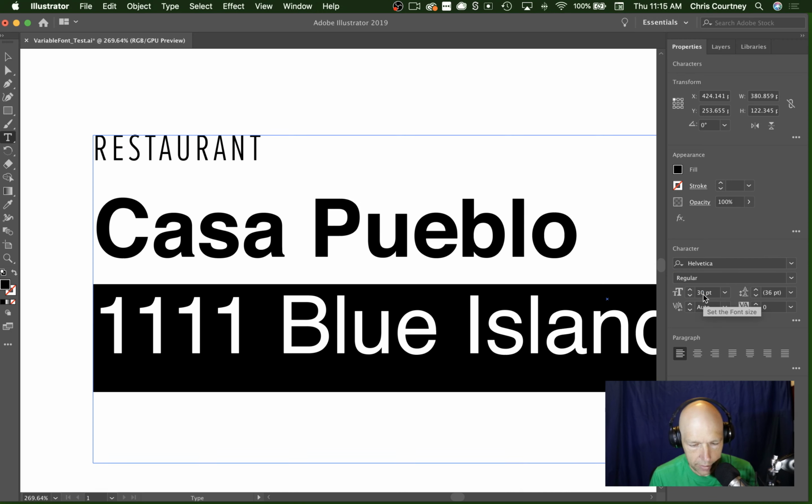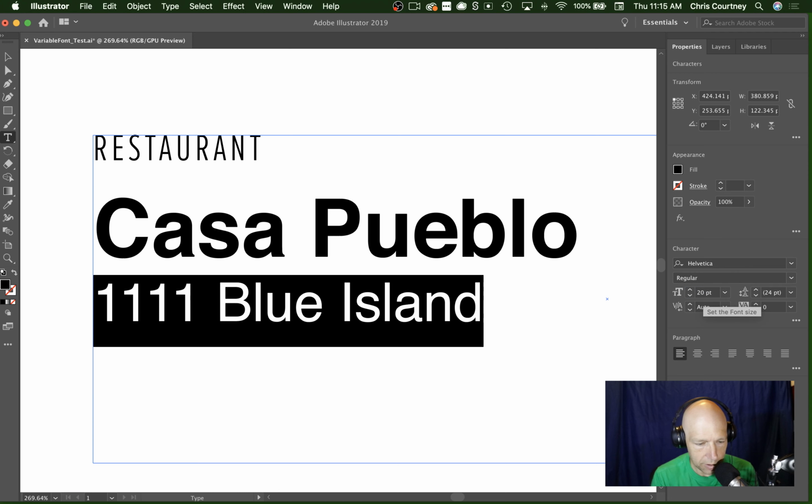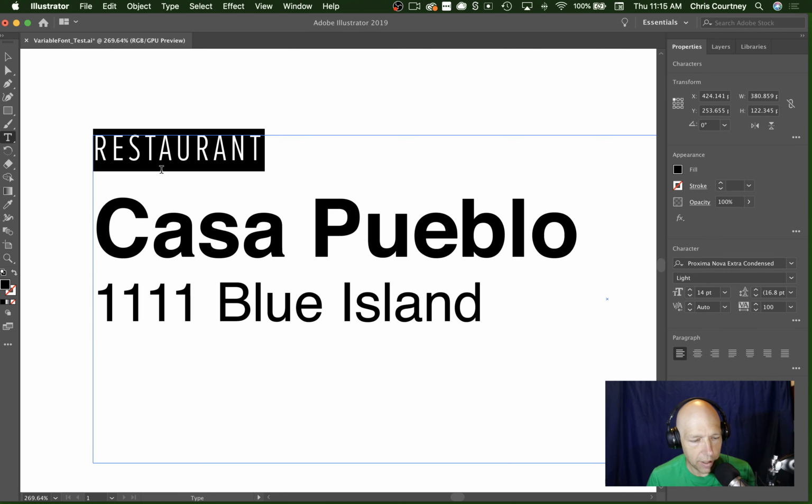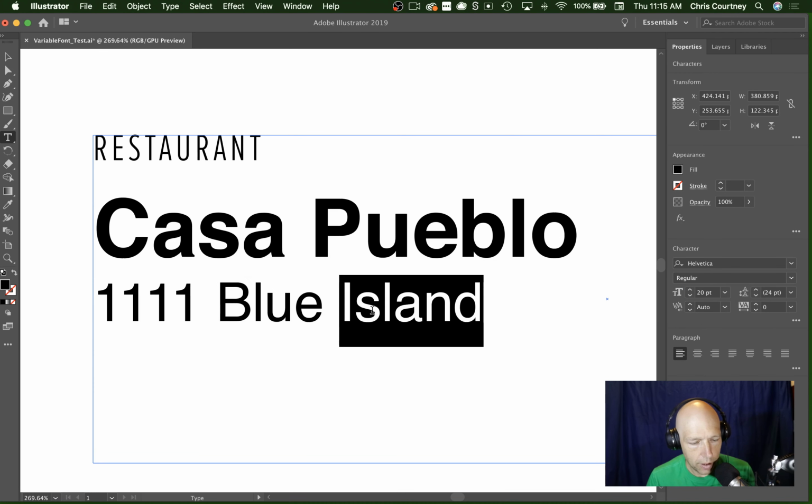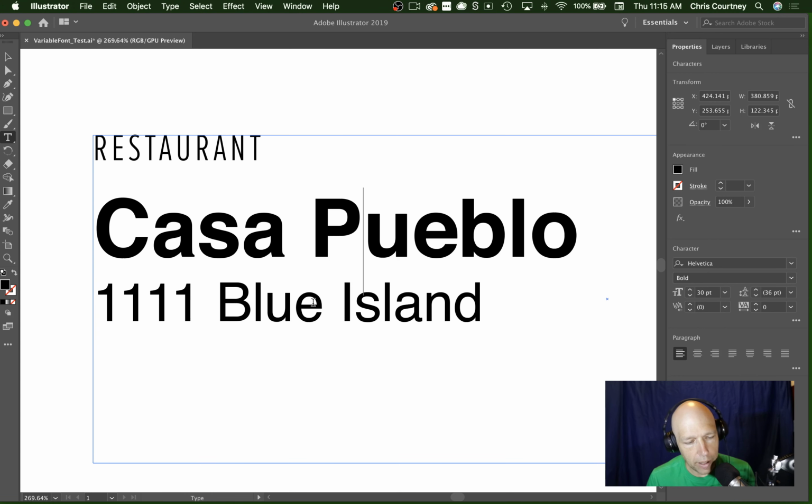And if we're being honest, we want that at a smaller size anyway. So restaurant, Casa Pueblo, Blue Island. So we have three files that we're loading, but this is pairing together better because of that difference between condensed